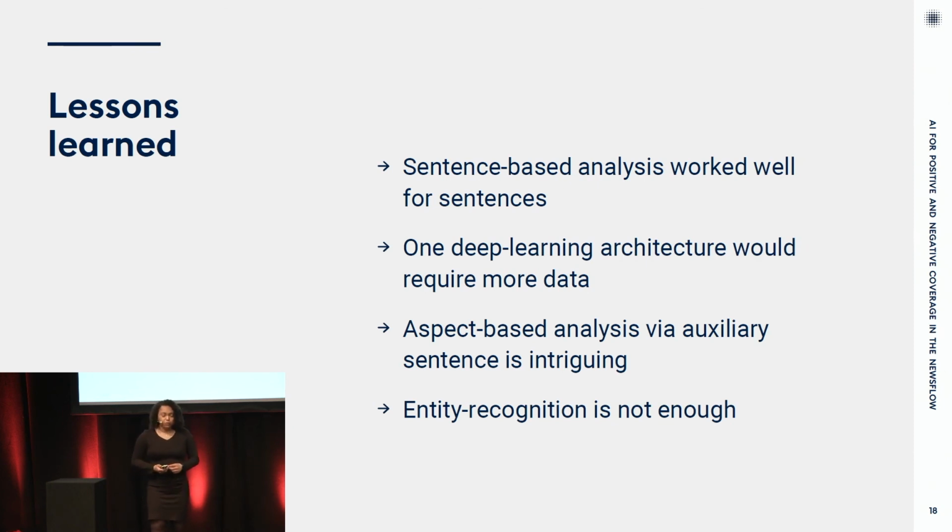But now we actually see that it's very important to identify the relations between the entities in the article. So as I mentioned before, we have some relation between the name of the company and some products, and also it could be a relation between the company and a person mentioned in the article. So we needed to consider the relation of the entities to first identify what is relevant in the article and then give the